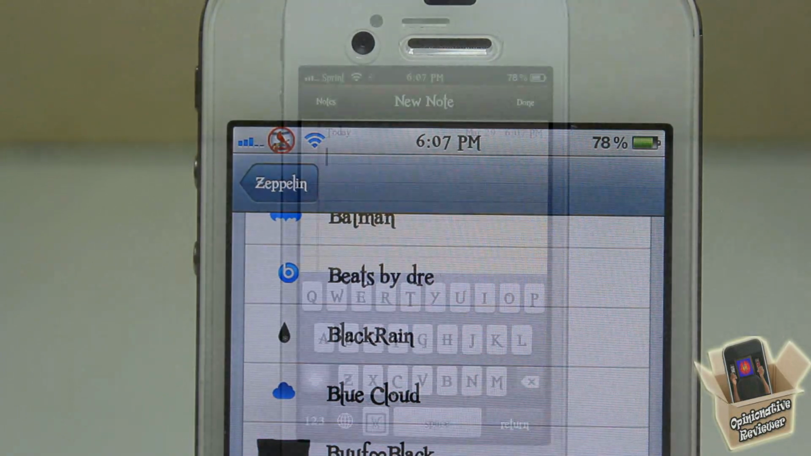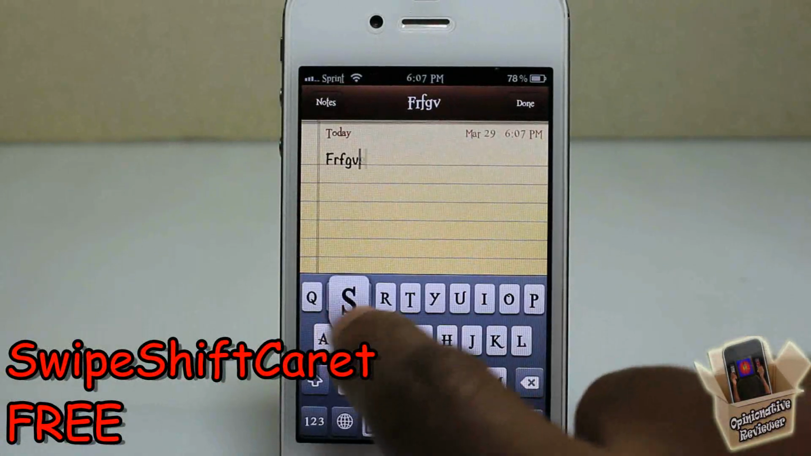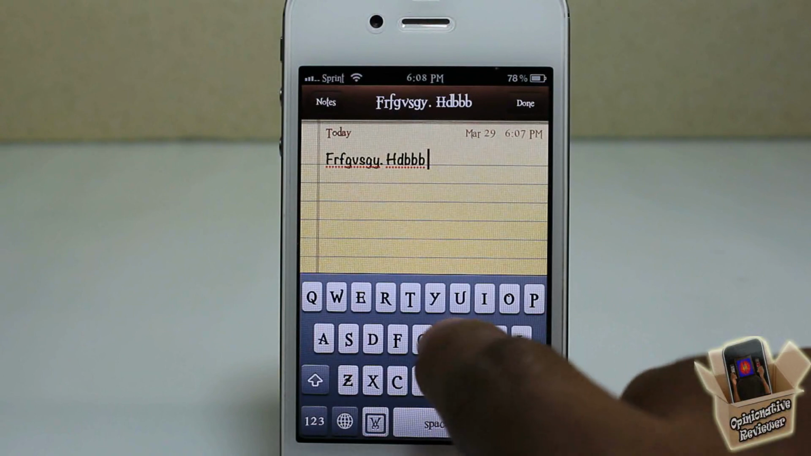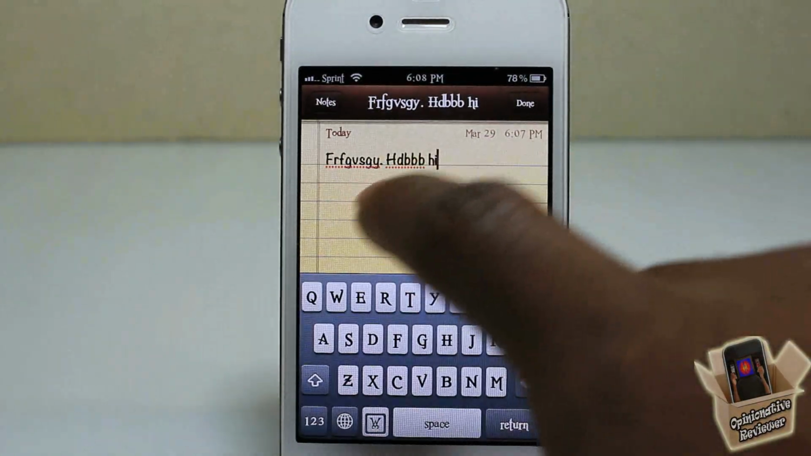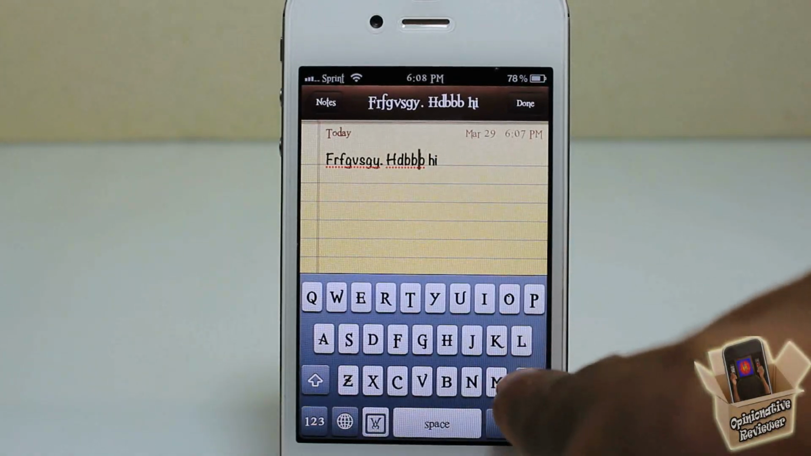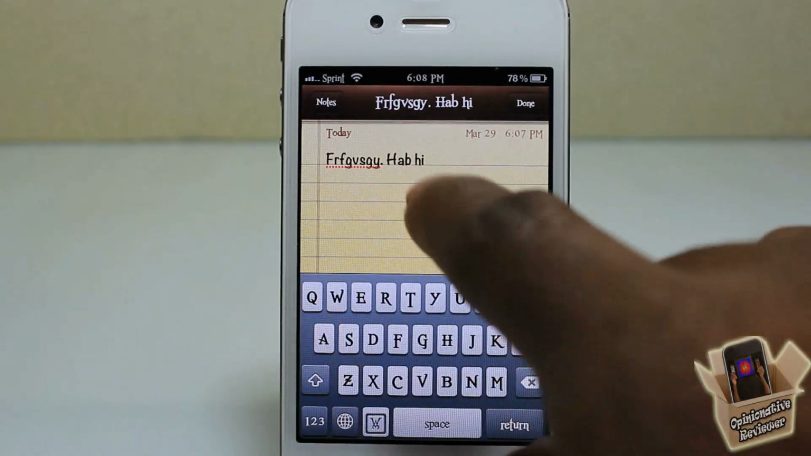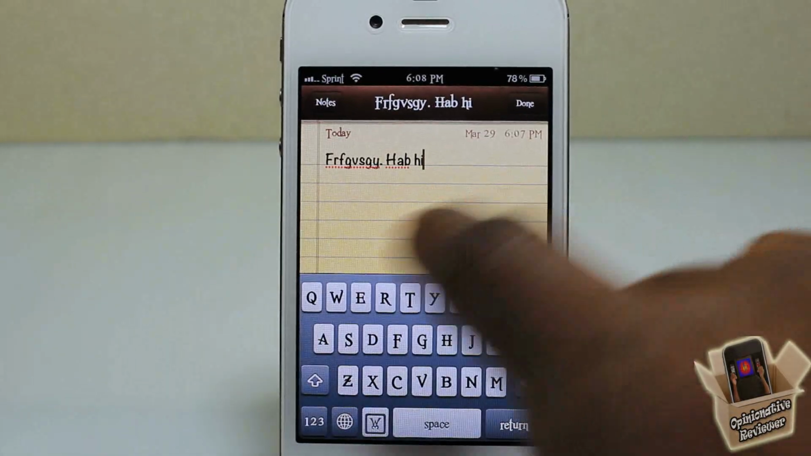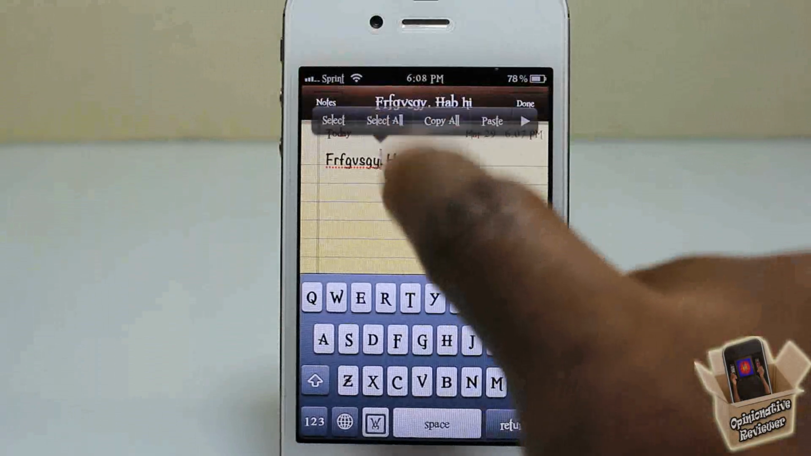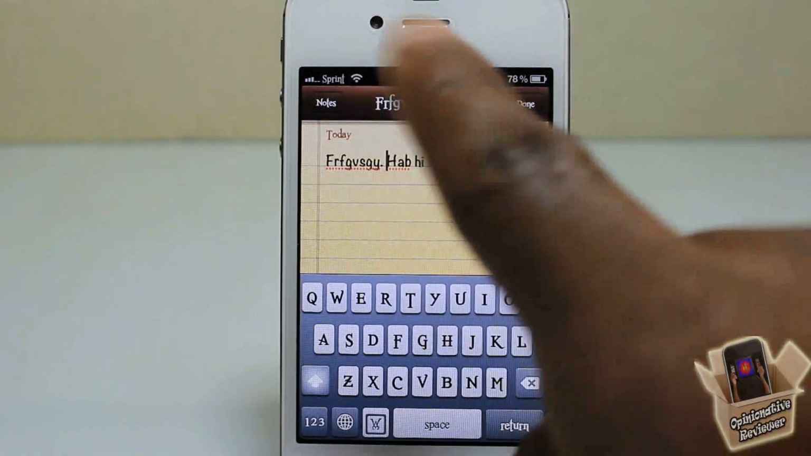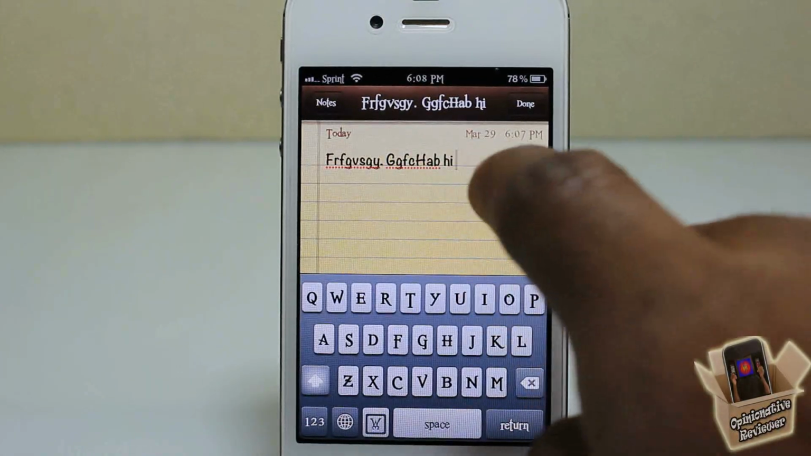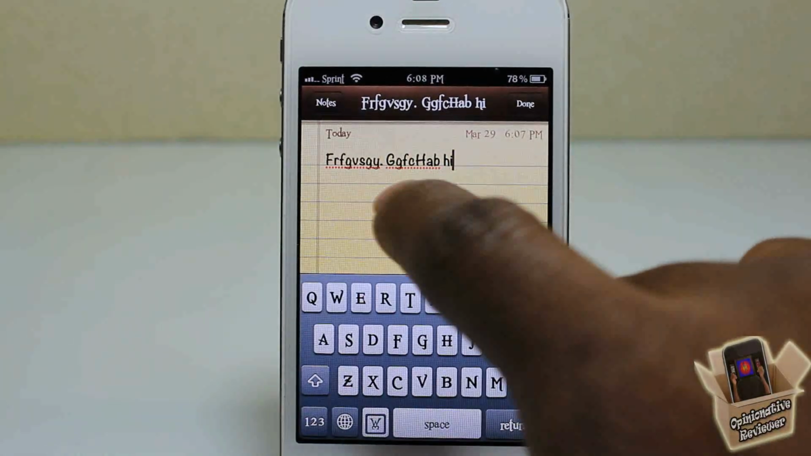Let's move on to the next one. This one is called Swipe Shift Caret, and it's free, and it's another super simple, super awesome tweak. All this one allows you to do, instead of touching and holding for that stupid magnifying glass, is move one spot to the right or one spot to the left, or even 2 or 3 spots. You can just swipe on the screen, and the little cursor is going to move, and then you can go ahead and type whatever you want. It makes typing so much easier than having to keep on touching and holding for that damn annoying magnifying